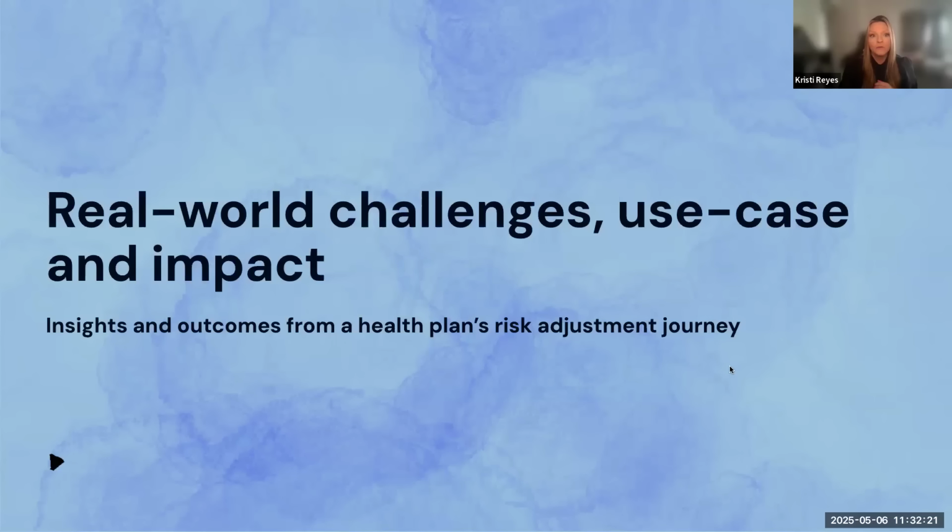So there's a level of efficiency with their productivity, right? So evaluating the impact of the AI as far as charts per hour pre and post AI implementation. What does that look like? It should always be an improvement, right? If you were doing 10 before and now you're doing 15, that's excellent. But then we've also got to make sure that we're not just efficient on the production side, but that we're accurate, compliant, complete, right? Accurate meaning what we're submitting is compliant with risk adjustment coding guidelines, and complete meaning we didn't miss anything, right? We didn't leave anything on the table.